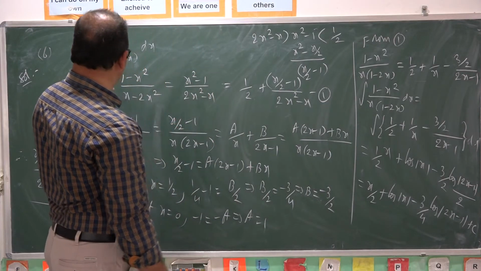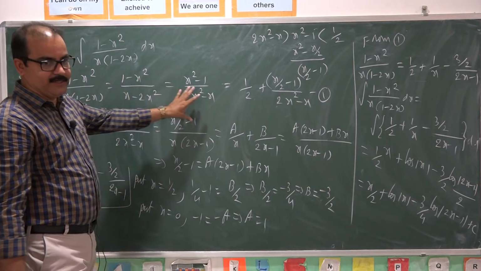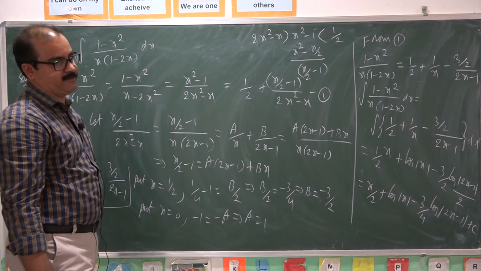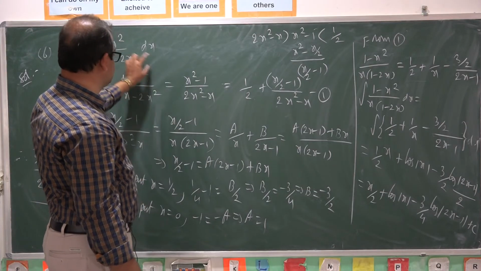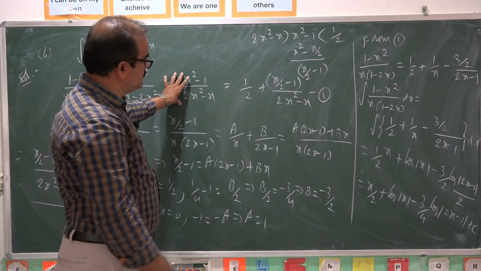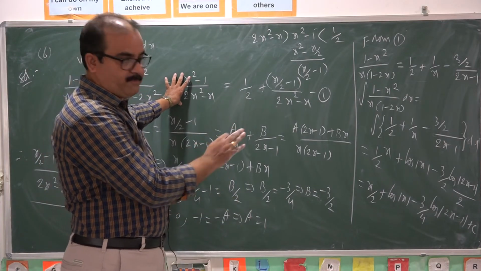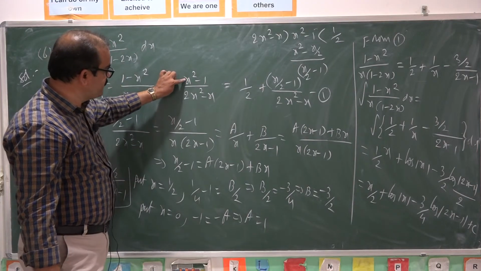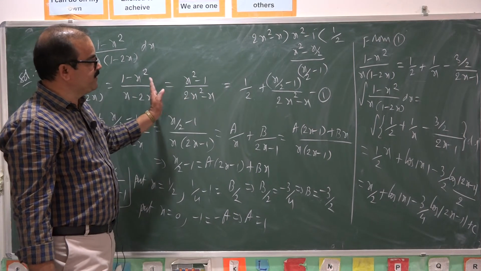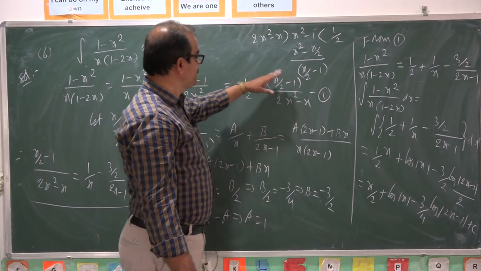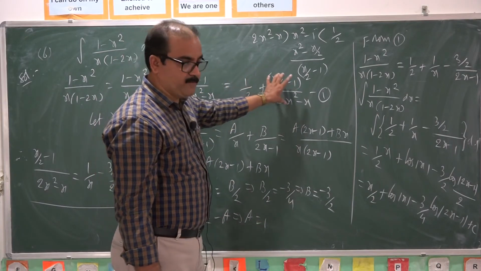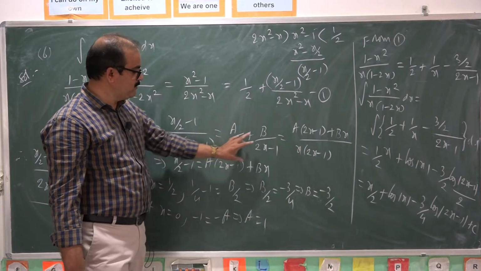So here, before decomposing into partial fractions, you check the degrees of numerator and denominator. If degree of numerator is less than degree of denominator, then it is called proper fraction. Then directly we resolve into partial fractions. If degree of numerator is greater than or equal to degree of denominator, then by ordinary division make the improper fraction into proper fraction, and then that proper fraction is resolved into partial fractions.